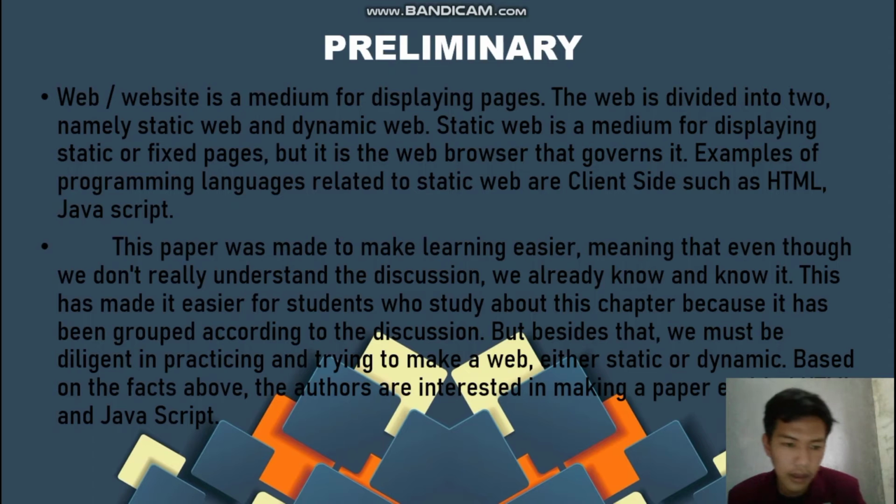Okay, let's go next. The primary content of the paper: a web or website is a medium for displaying facts. The web is divided into two, namely static web and dynamic web. Static web is a medium for displaying static or fixed facts, but it is the web browser that governs it. Examples of programming languages related to static web are client-side languages such as HTML and JavaScript. Next,